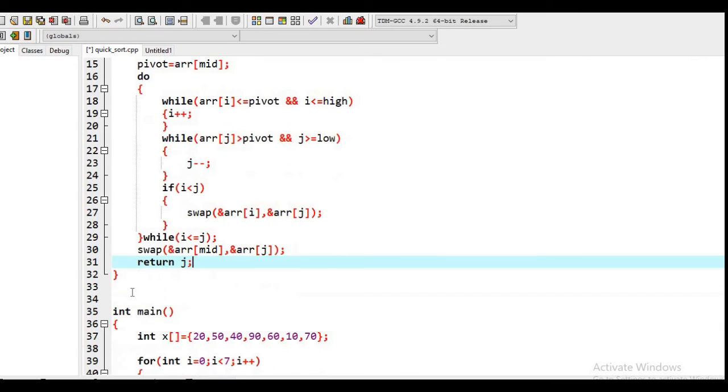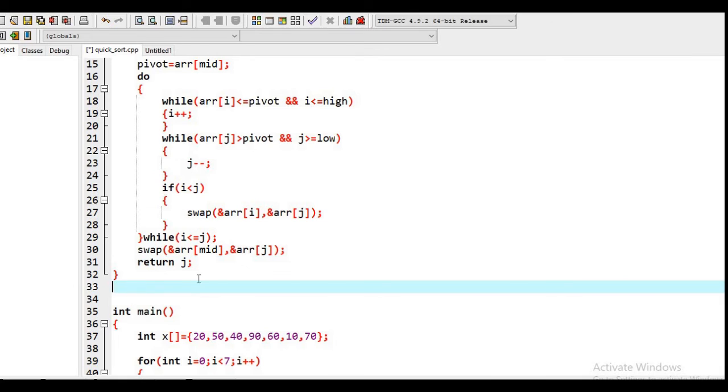Now we will make the quick sort logic. Again we will make a function here, quick sort, and basically there are three arguments in quick sort.